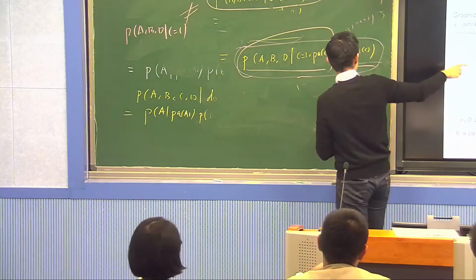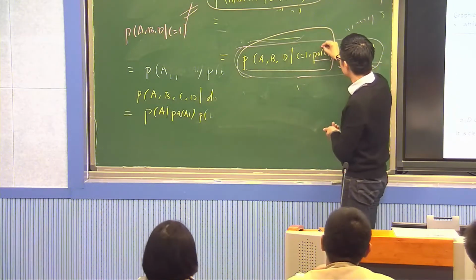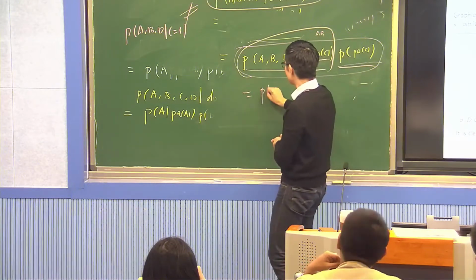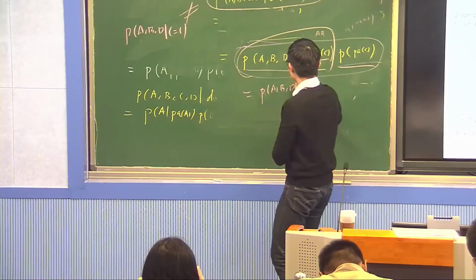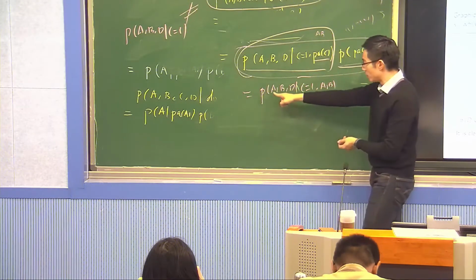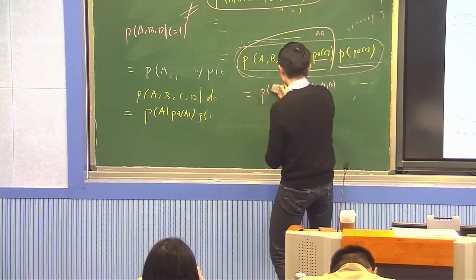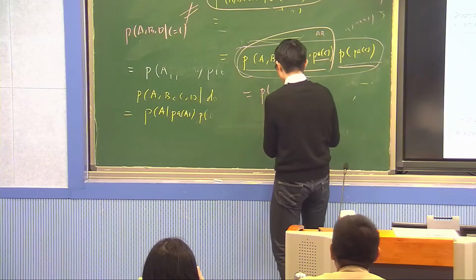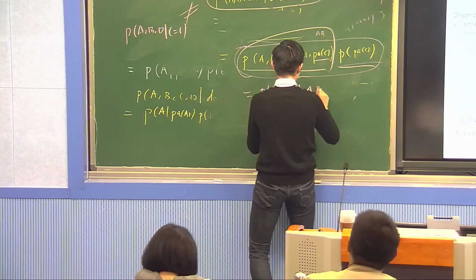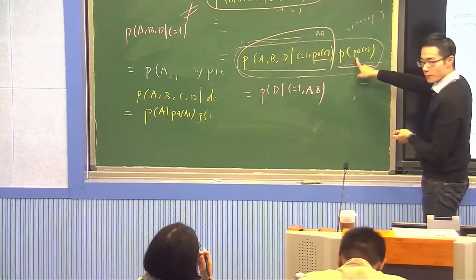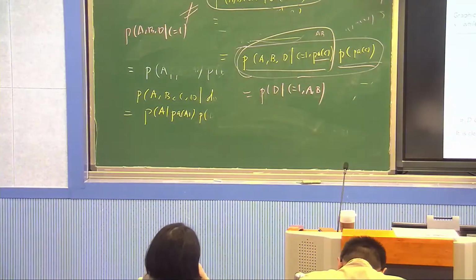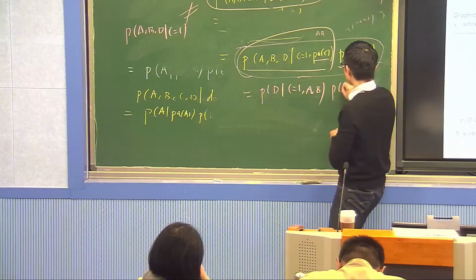In this case, what are the parents? The parents are A, B. So this part simply becomes P(D, A, B | C = 1, A, B). But once you condition on A, B, it is no longer needed, so we don't have this anymore. So this is simply P(D | C = 1, A, B). Now, what is this part? What is P of A and B? So P(A, B) is simply P(A)